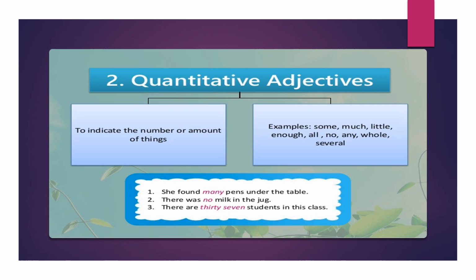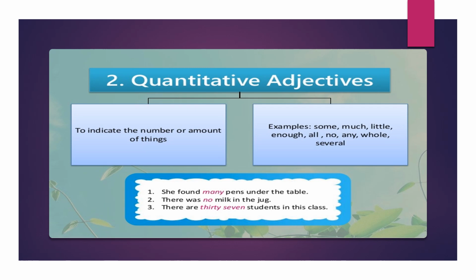Or for instance, if there are certain nouns that are non countable entities, wherein we can only weigh them or measure them. How much rice do you want? I want some rice. So how much rice? Some rice, little quantity, right? So any such nouns that are countable or uncountable, to indicate the number or the amount of such particular nouns, we use quantitative adjectives.